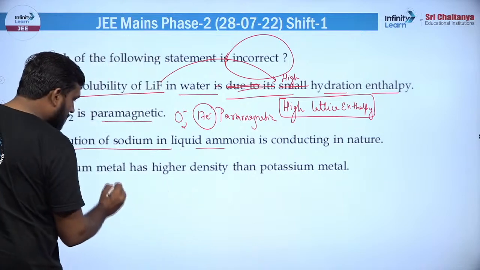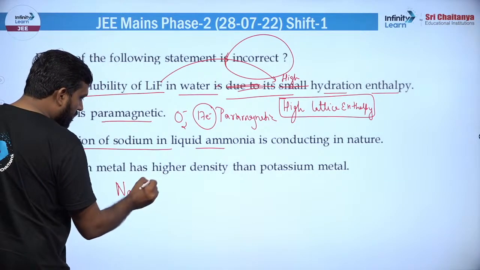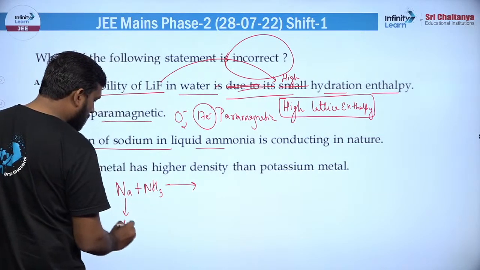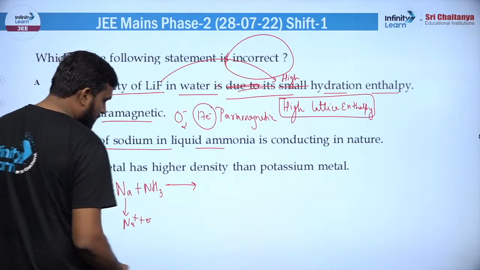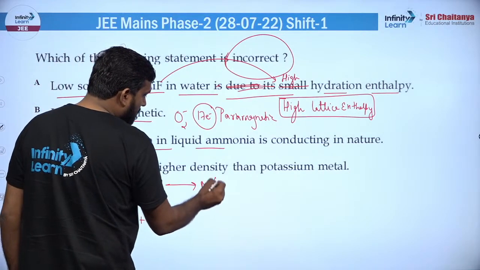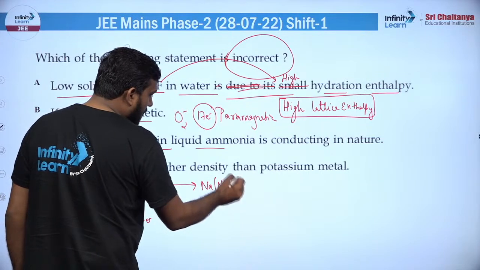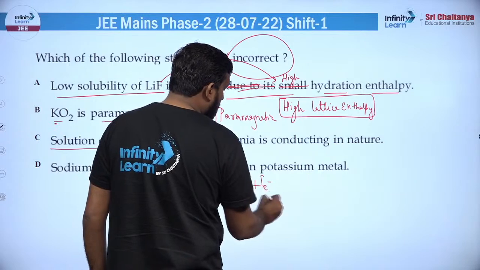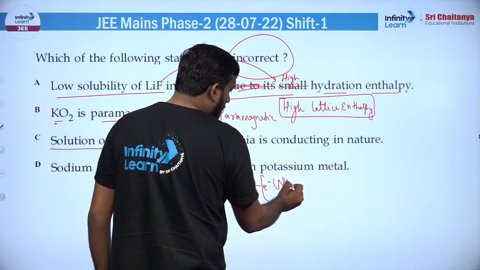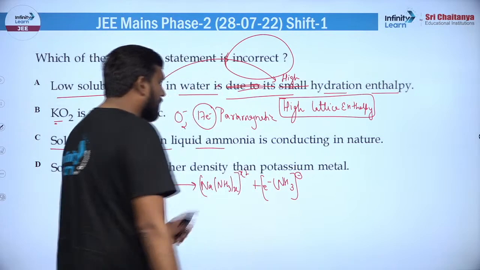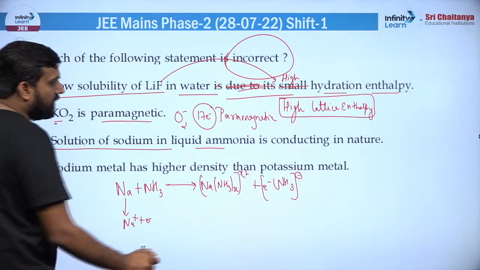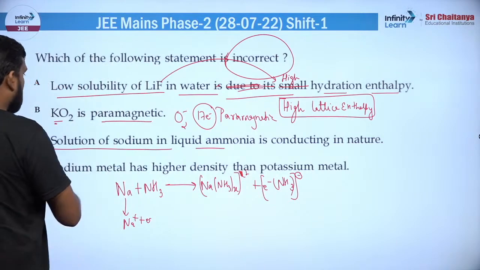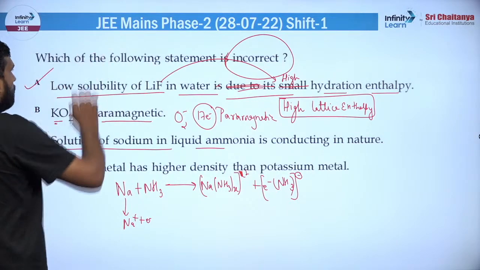बिल्कुल सही है। जैसे ही आप सोडियम को अमोनिया सोल्यूशन में डालते हो, ठीक है, सोडियम मेटल को आप अमोनिया में डालते हो, तो बेसिकली क्या होता है कि सोडियम सबसे पहले 2 चीजें बनाता है, एक तो सोडियम प्लस और एक इलेक्ट्रॉन रिलीज करता है। ये जो सोडियम प्लस है ये बेसिकली NH3 के साथ कंबाइन हो जाता है और यहां पर ये एक कंडक्टिंग आयन होता है, ठीक है। उसी तरीके से ये इलेक्ट्रॉन भी रिलीज कर देता है, और इन दोनों आयंस के कंडक्टेंस की वजह से बेसिकली हमें यहां पर इसकी कंडक्टिविटी देखने को मिलती है। तो ये स्टेटमेंट भी ट्रू है, सिर्फ एक ही स्टेटमेंट अभी तक फॉल्स है, वो ये है, ठीक